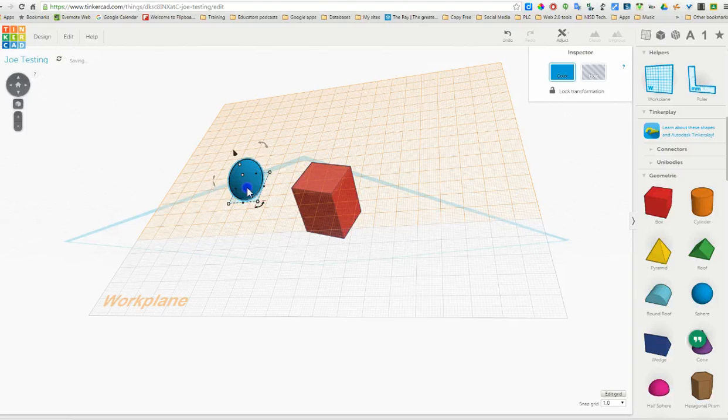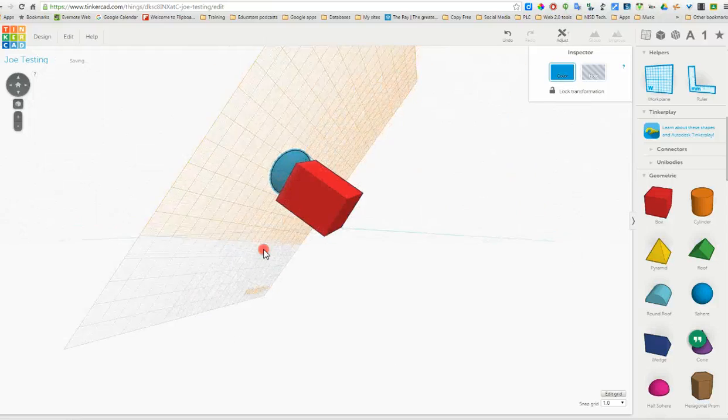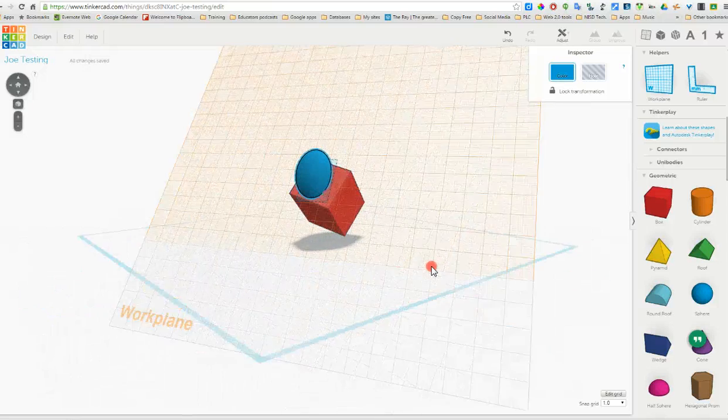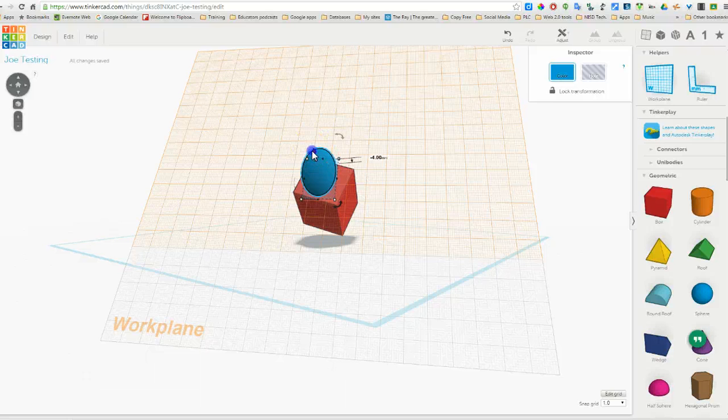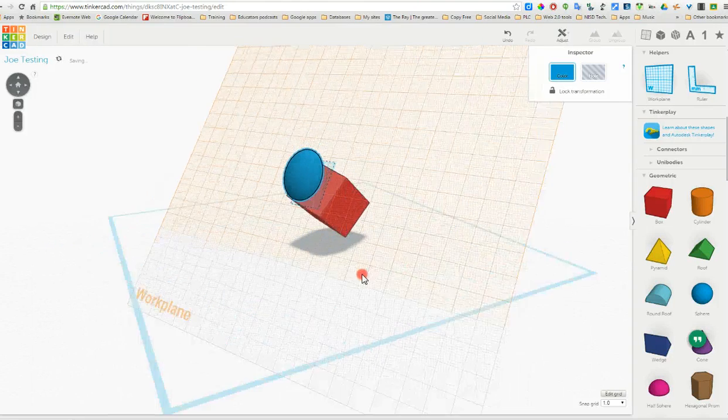Accidentally grab one of the white ones by mistake. Be careful when you're moving it, don't grab a white corner. There you go. So that is on there. Now, to make sure things are connected or touching, even if they look like they're touching or they are touching,